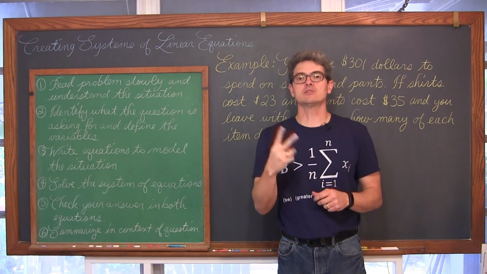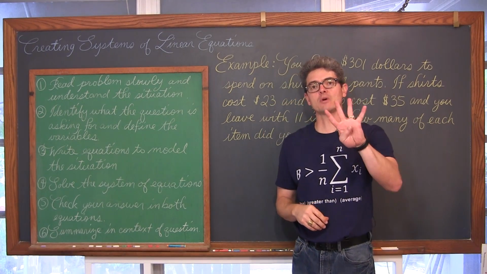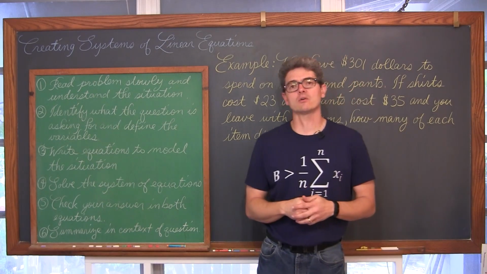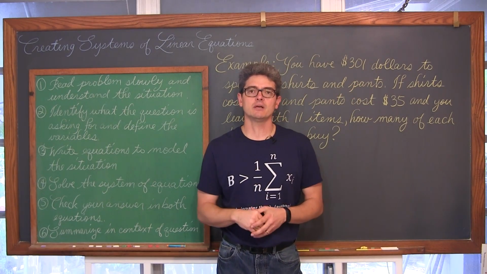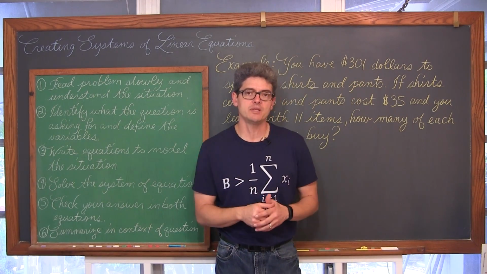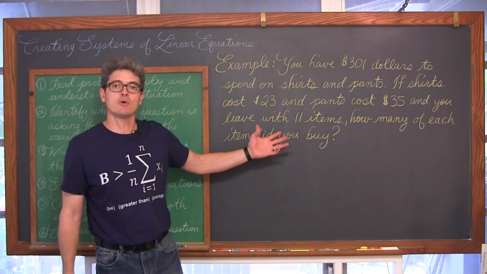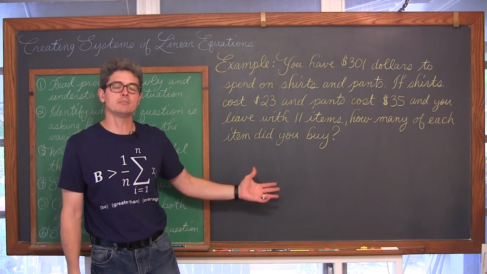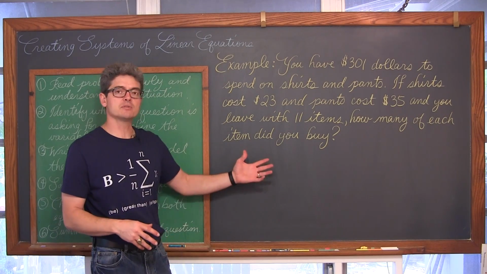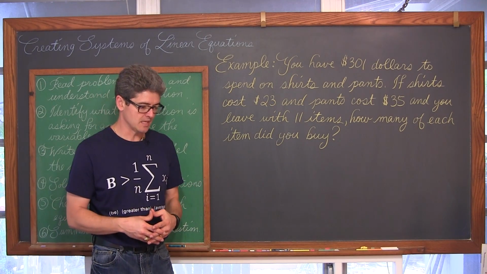In this algebra lesson, we are going to be creating systems of linear equations. That means that we're going to be looking at two equations and two unknowns. We're going to do 4 examples, the last one of which we are going to solve. The first 3, we're just coming up with the equations from these word problems. Very often that is the biggest stumbling point of algebra students as they start learning these types of questions.